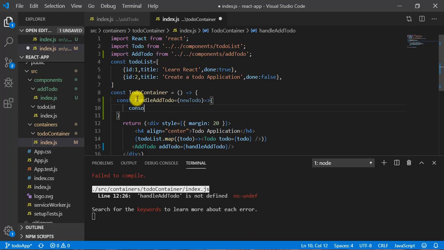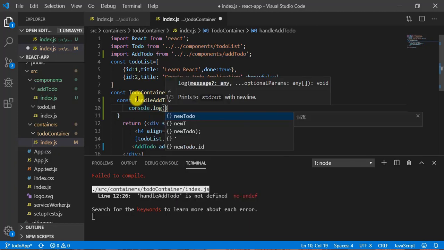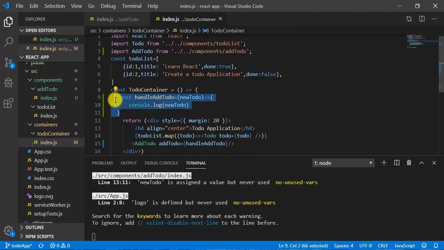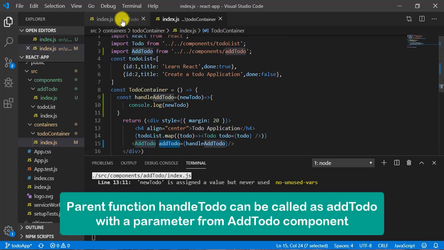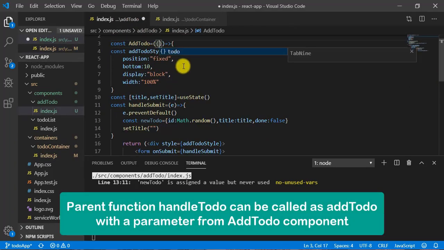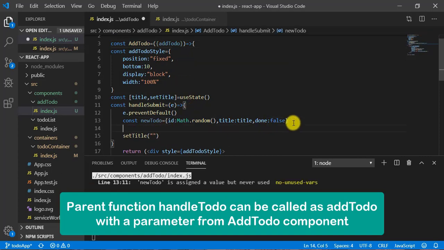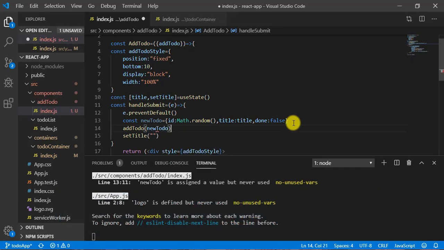Inside this one I can print the value, newTodo. Save it. Now we have created this function handleAddTodo, and we are passing it as addTodo. So let's copy this and destructure it here, and call addTodo, which is going to take a parameter, newTodo. So pass newTodo.